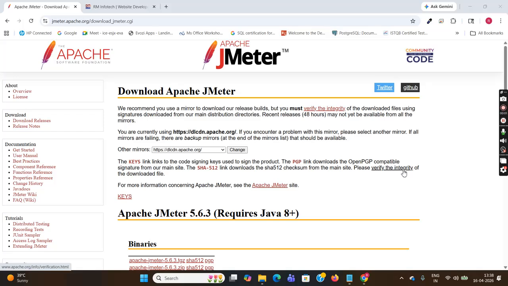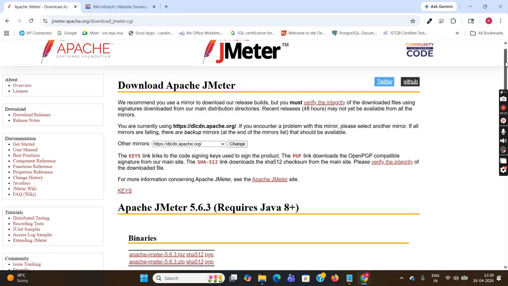Welcome to the session of JMeter. JMeter is an automation software testing tool which is used to perform the load and stress testing of web and mobile applications. JMeter is an automation tool which is written in the Java language, which you can download from this website of